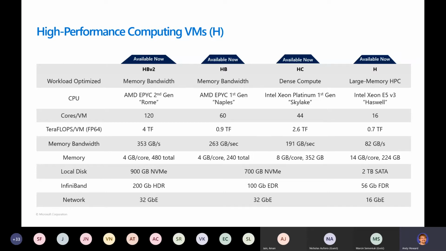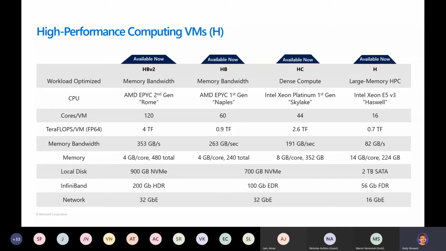Both HB and HC have 100 gig EDR InfiniBand. And then finally, we have our HV1, which is kind of our legacy HPC offering. That is based off of an older Haswell architecture. The main reason why I included it on this slide is because the memory per core is significantly higher than the